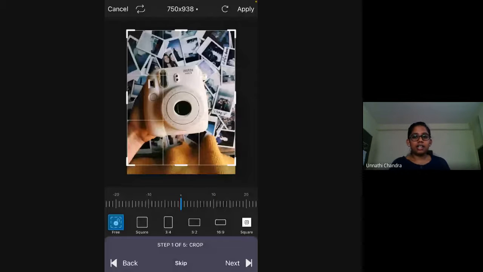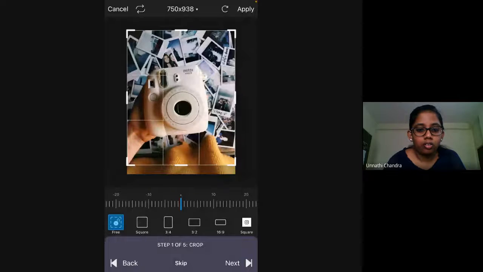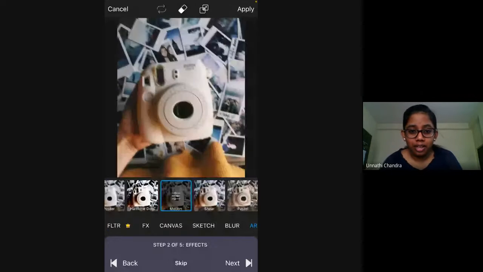As you can see, it's step 1 of 5 written over there. So you can select it here, whichever size you want your photo to be cropped. And the next step is effect. This is the effect according to the replay. What replay is nothing but the steps of editing. First it's cropped, and then an effect is added, and some stickers are added, and at the end the end product, it will show you before itself, like in the replay. If you want that end product, you have to go through these steps, right?